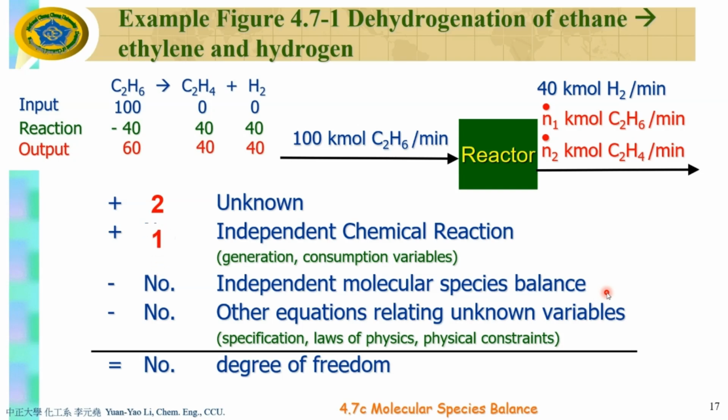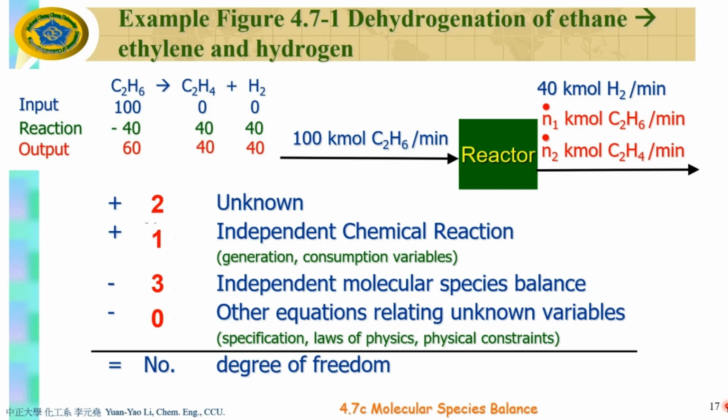Okay? So how many independent molecular species balances here? How many? C2H6, 1. C2H4, 2. H2, 3. You have 3 independent molecular species balances, right? And in this case, there are no other equations like specification, physical laws, physical constraints. That will be 0. So bingo, you know that according to DOF, you can get the answer for N1 and N2